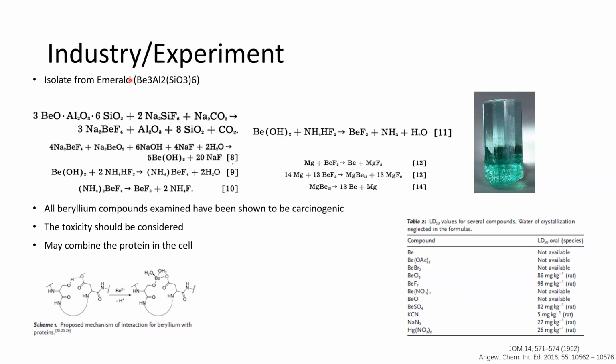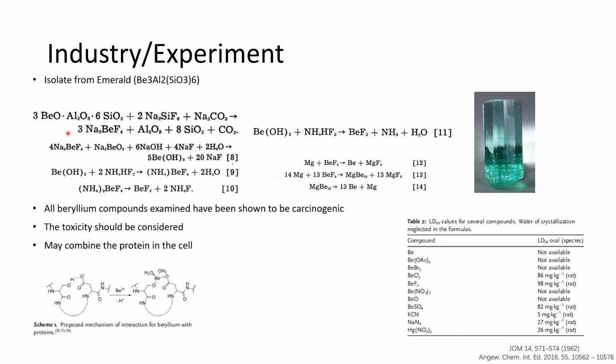After introducing some basic properties of beryllium, we may see beryllium in industrial or experimental conditions. The first question is: how do we get pure beryllium? Normally people isolate beryllium from emerald. They may have about 5 steps to get the pure beryllium. The first step is we will